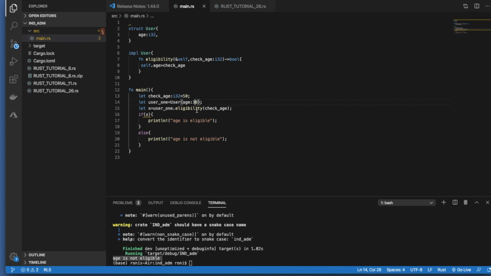So let's change this thing to 60. Okay, and after that let's run this thing again. See, age is eligible. So this is a very simple thing, but guys, some of you already understood this thing,